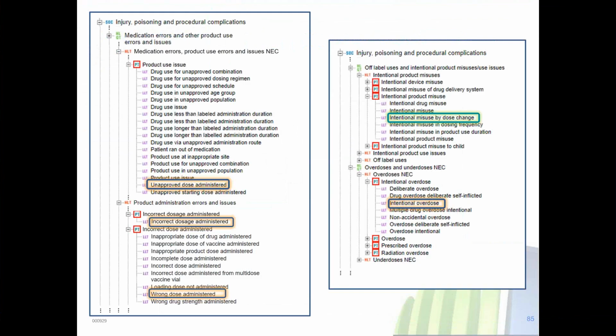And here we have our options of the PAL. Unapproved dose administered is grouped under product use issue. So this would not be correct. Incorrect dosage administered does not represent an intentional misuse concept either. It is grouped under PT incorrect dose administered and or dosage administered.